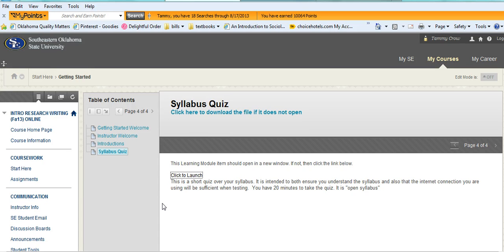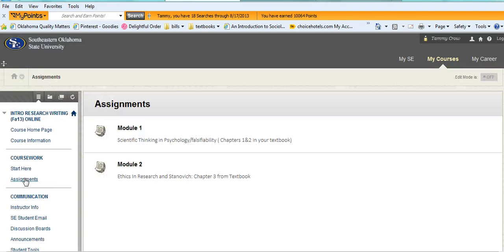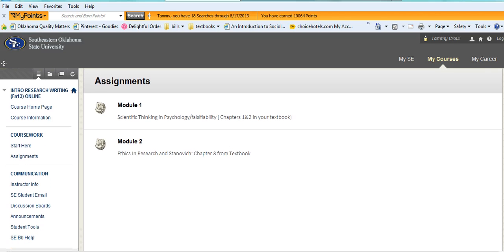Once you've completed all of the things in the Getting Started folder, if you'll click here on Assignments, that's where the rest of your modules for the rest of the semester will be located, under the Assignment tab. While we're here, by the way, there really isn't anything else in your